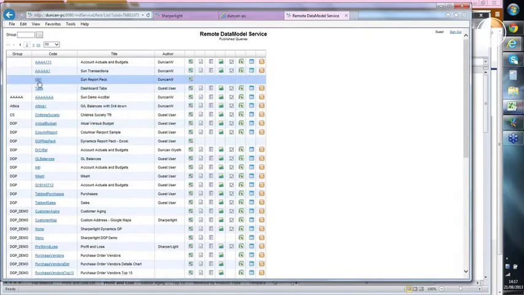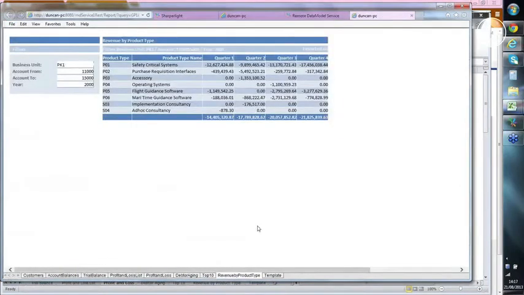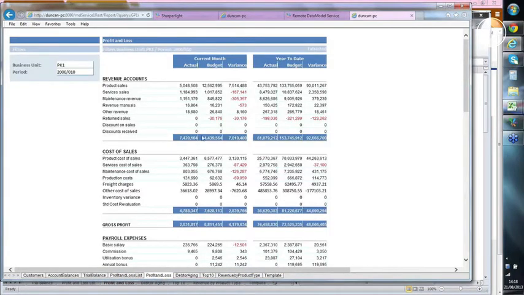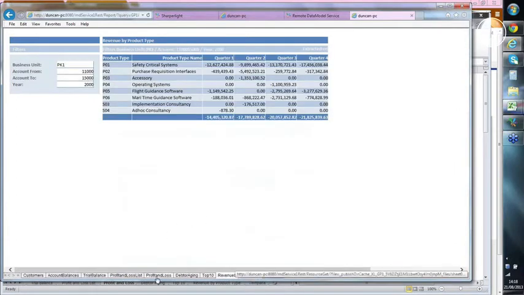and in there, if I click on this Sun report pack, you will see the Sun report pack. This is exactly what you were seeing a moment ago, the profit and loss report. If I click on the right option. And within that report pack, all of the tabs that you had in the Excel spreadsheet are available at the bottom of the report. So you see there's each of the tabs there, sales by product type, profit and loss report,